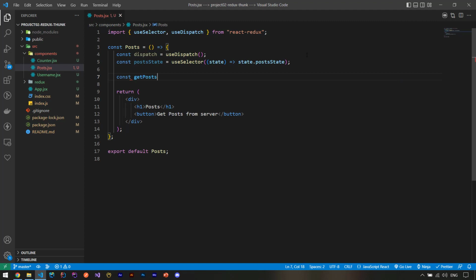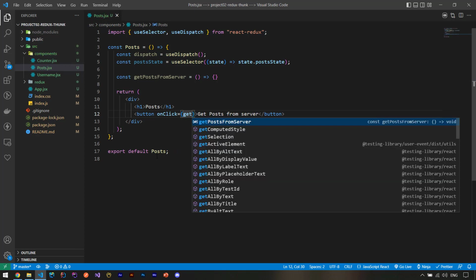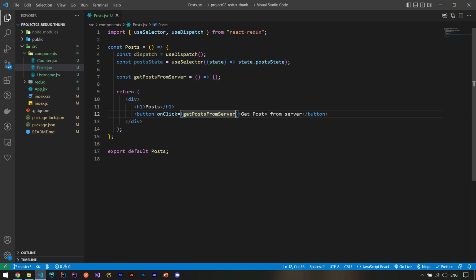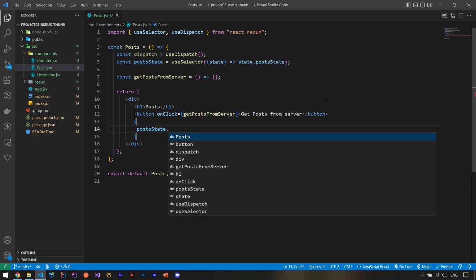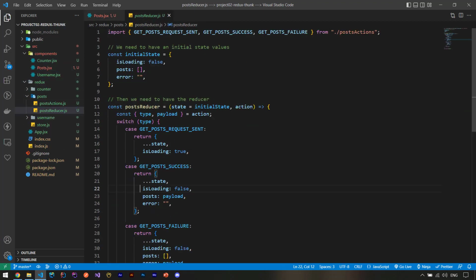So posts, get posts from server, and const get posts from server is a function. So I can say on your click, you can call get posts from server. That's so good. And we say that because we want to check with JavaScript, we can say that open curly braces, and we say that if post state dot, let me show you here inside of post state we have three different. So we have is loading,